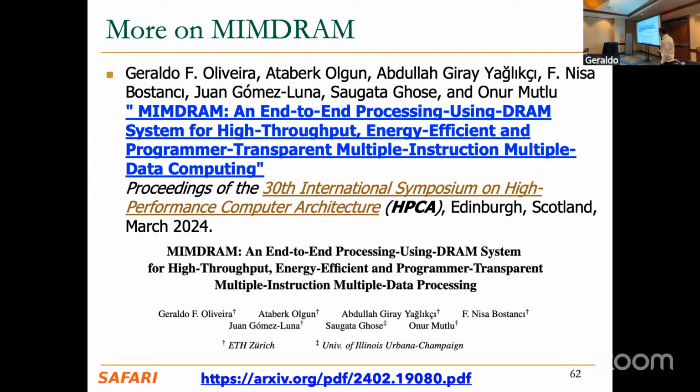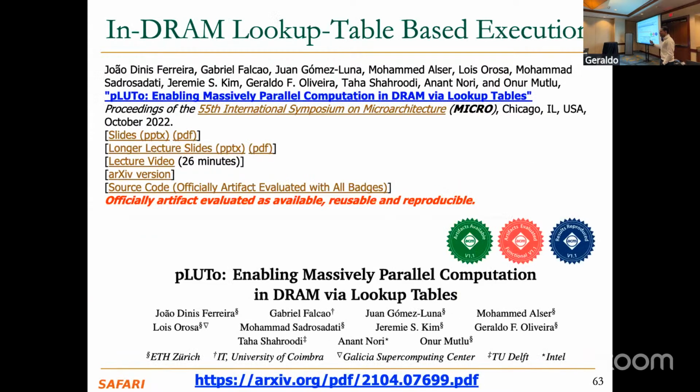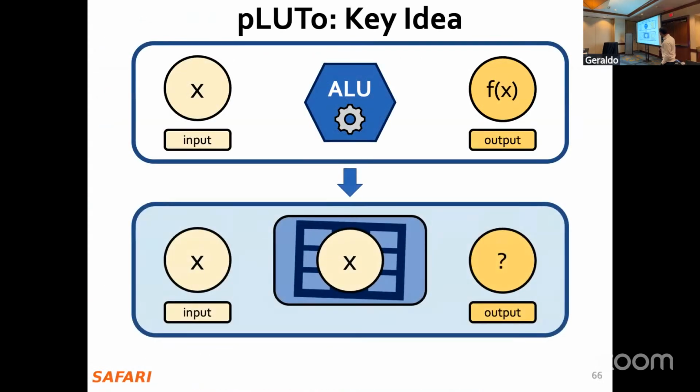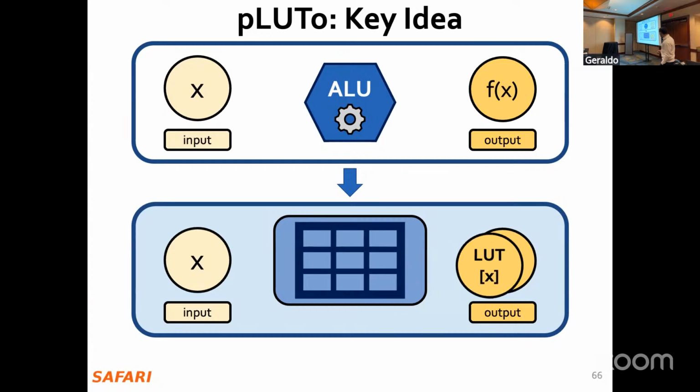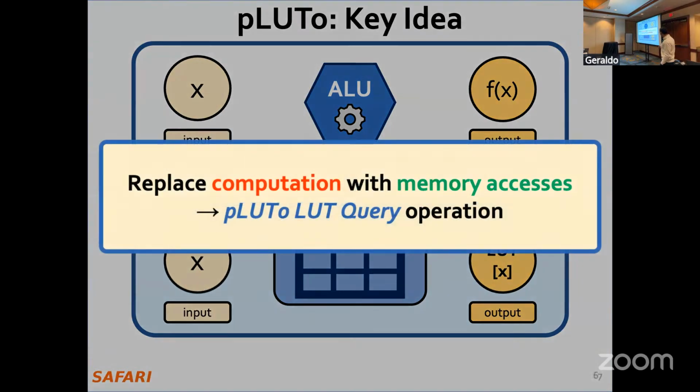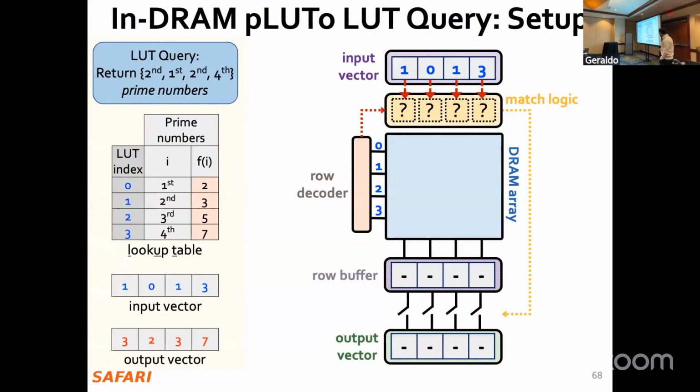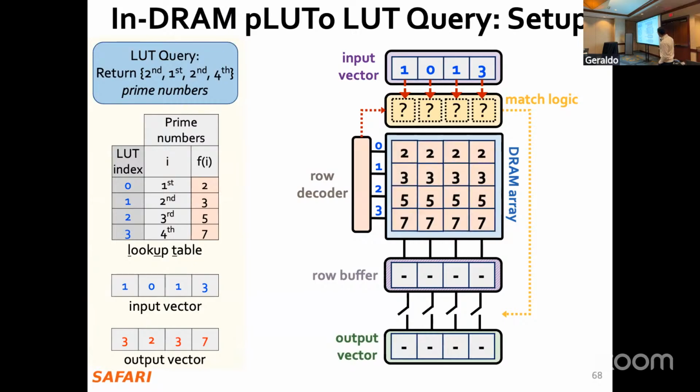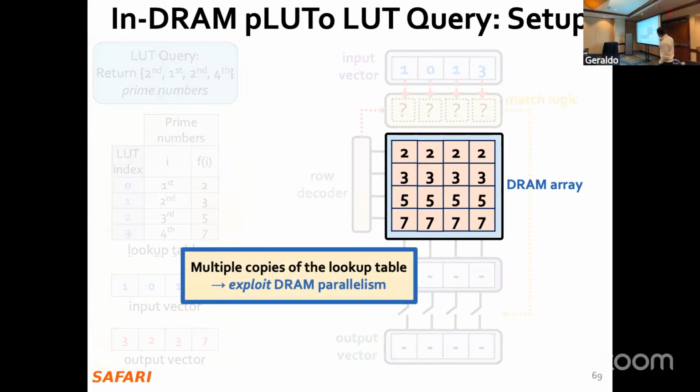What about operations that cannot be easily implemented using arithmetic operations, like transcendental functions, like sine, cosine, logarithmic operations? To implement those operations in DRAM, we use lookup tables. The idea here is quite old. Instead of doing the computation, we pre-compute the data and store it in DRAM, and then replace computation with memory access in a lookup table operation. To support that, we implement the pLUTo look-up query operation, which basically maps a lookup table inside the DRAM array and adds some access circuitry inside the DRAM